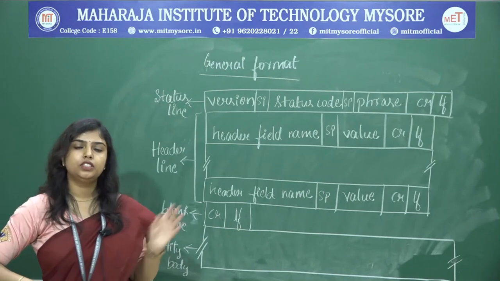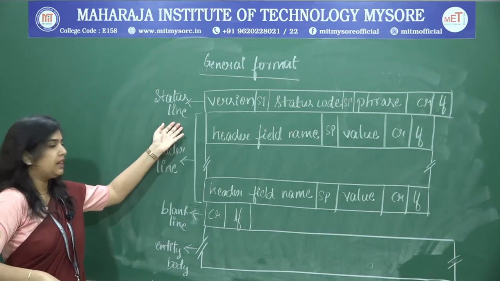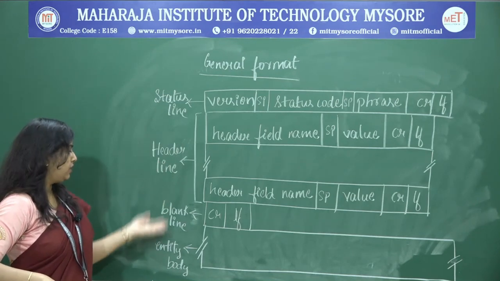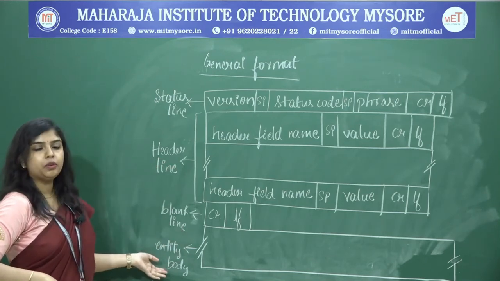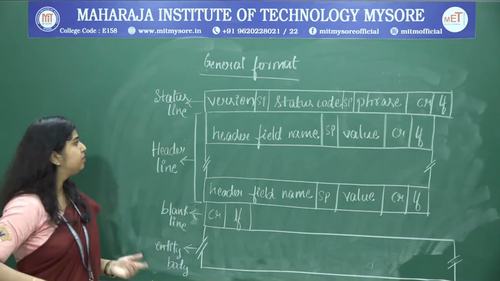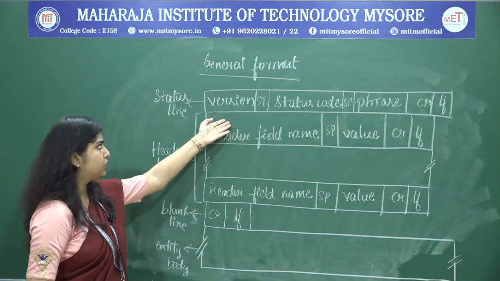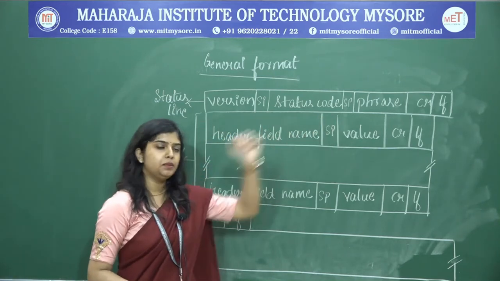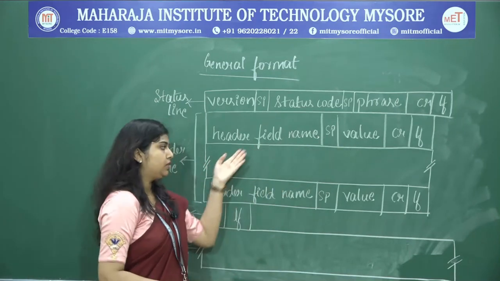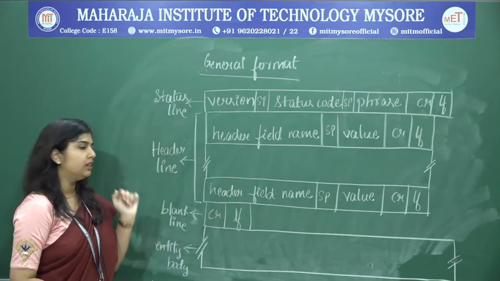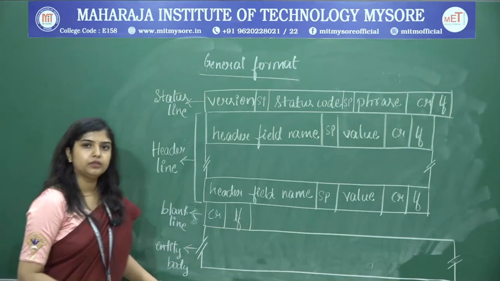This is the general format of the HTTP response message. First, as I said, status line, header line, and to differentiate between one part and another, we are going to provide a blank line. In the entity, we are going to provide the message. Next, the status line is divided into 3 parts: version, status code, and the status message. And header lines is divided into header field name and the value. There will be 6 lines of header field, and then a blank line to differentiate, and the entity body.